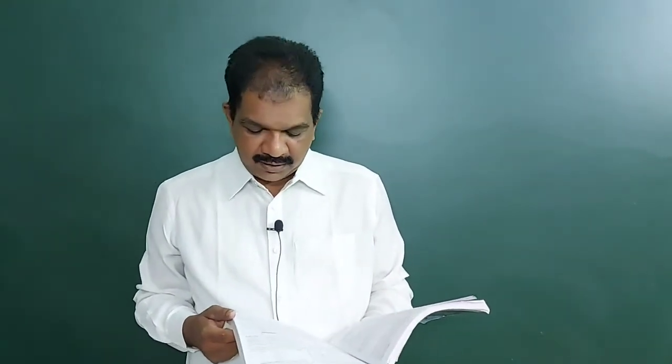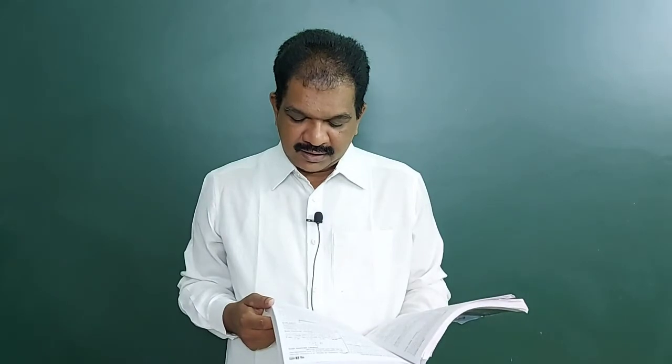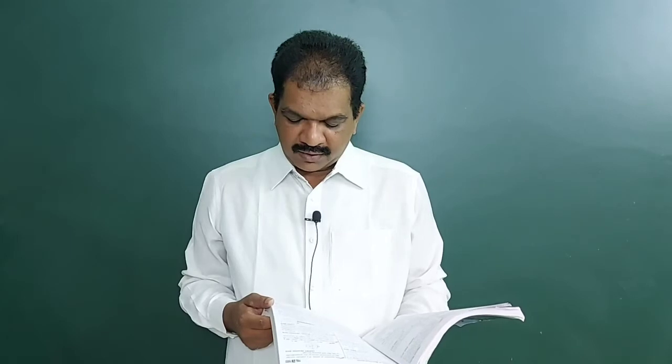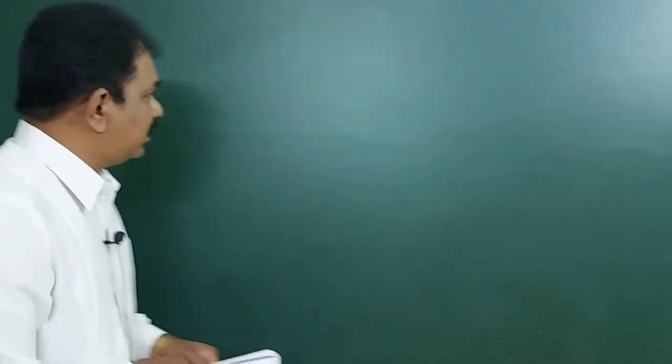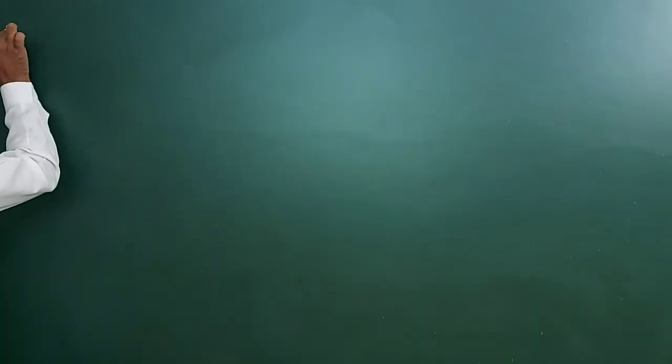A solid cylinder of mass 50 kg and radius 0.5 meter is free to rotate about a horizontal axis. A massless string is wound round the cylinder with one end attached to it and another hanging freely. Tension in the string required to produce an angular acceleration of 2 revolution per second square is. So see 31 question, what they are asking.